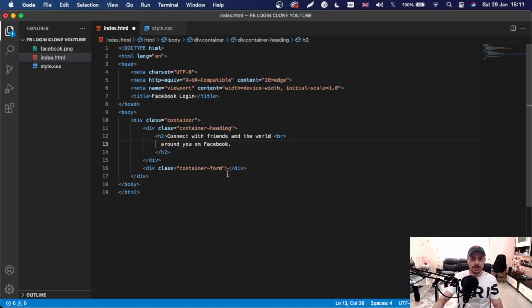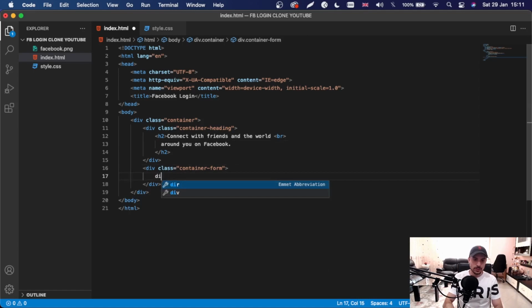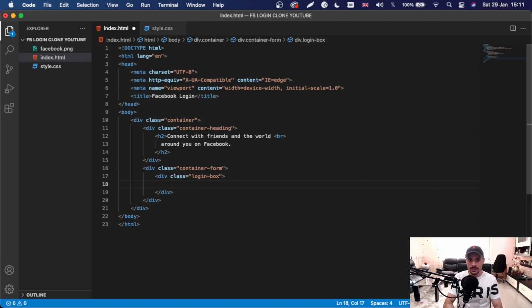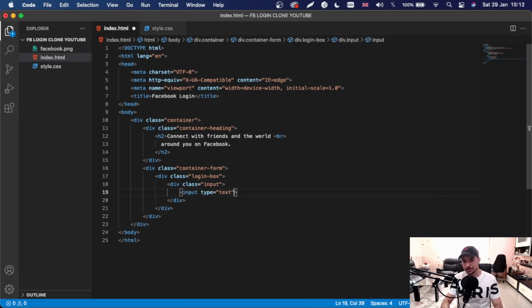Okay, inside the container-form we will have another div with the class name of login-box, and inside this div we will have a div with the class name of input, and inside this input div we will have an input of type text. This one will have a placeholder, so I'm going to say placeholder email or phone number, and we are going to copy this div